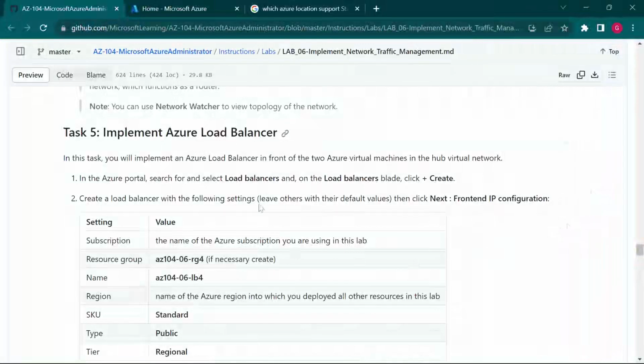On to task number 5. We're going to implement the load balancers in task number 5 and 6. So we'll start with implementing Azure Load Balancer under task 5. And remember, Azure Load Balancer is the one that operates at layer 4. So in this task, you will implement an Azure Load Balancer in front of the 2 Azure virtual machines in